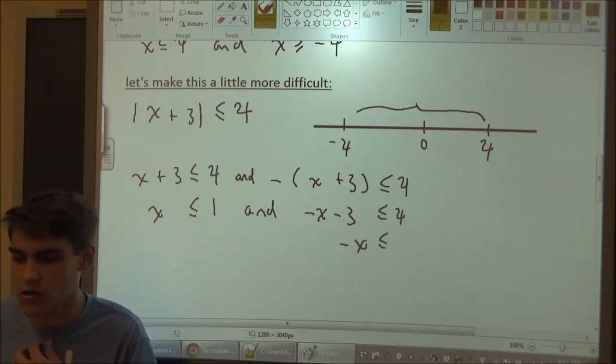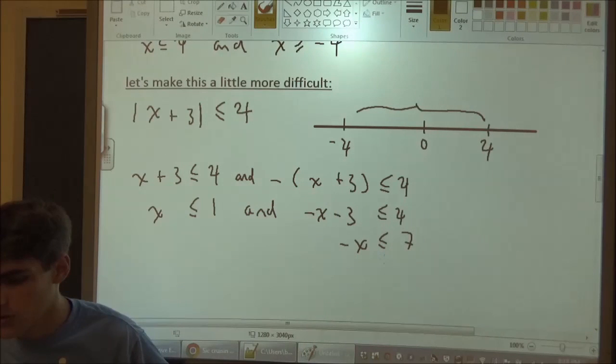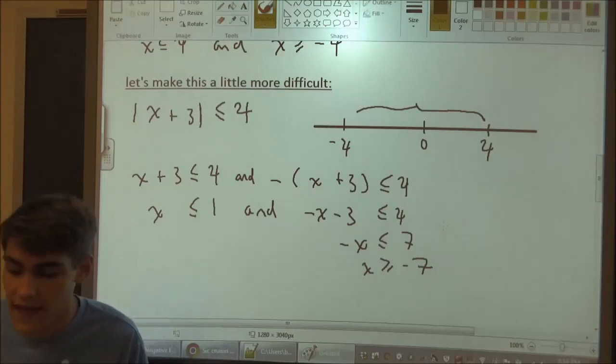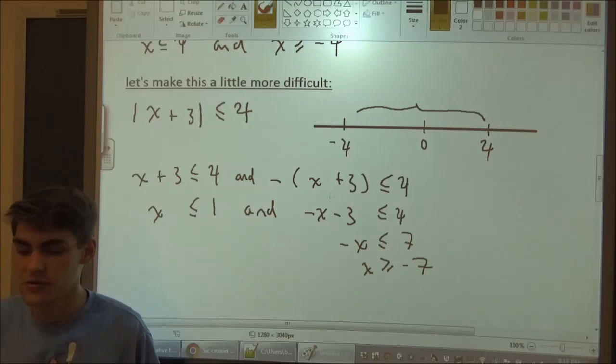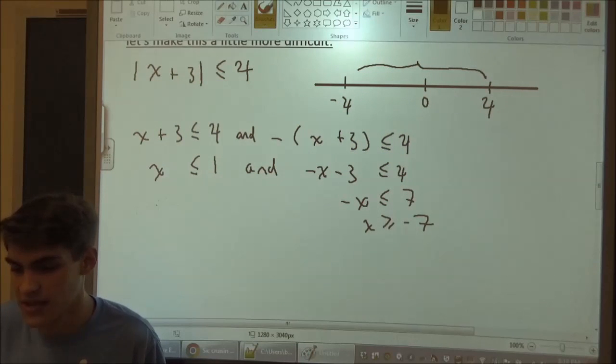So I'll distribute the -1, and then I'm going to move my 3 over, and I'm going to flip my sign. Right at the end. Don't forget to flip your signs. That messes a lot of people up, and it's right at the end of your work, so it's really annoying when it goes wrong. So then what we would say is,